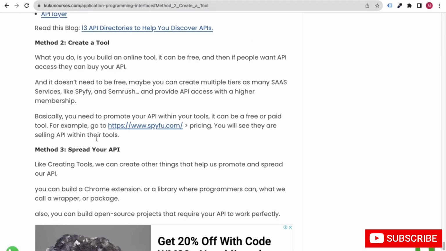So there are various methods you can spread your APIs. I'm just giving you some ideas. You can use those ideas and do a lot of things. You can basically tell ChatGPT to teach you how to create a Google Chrome extension. It's very simple and easy, my friends. ChatGPT will write the code. So just tell ChatGPT or Google Bard to tell you step by step how to create a Chrome extension. I hope you guys have understood the concept of how spreading your API works, and in this way also you can promote your API.